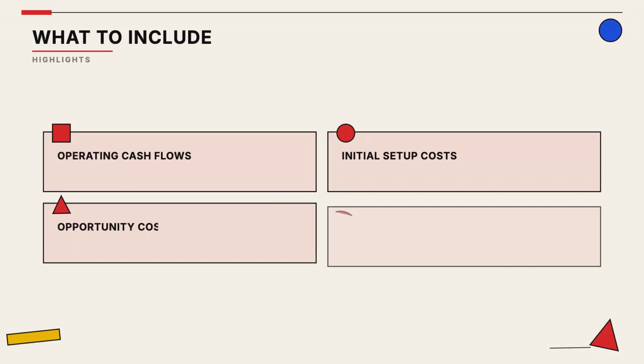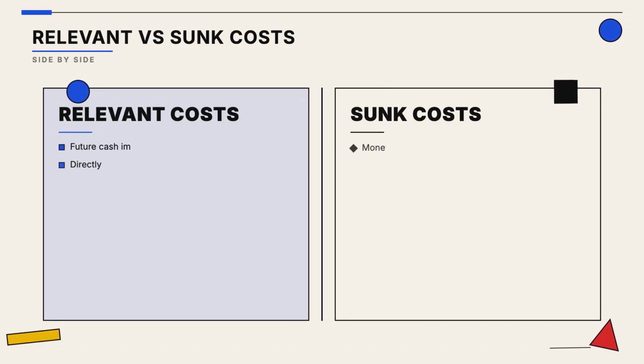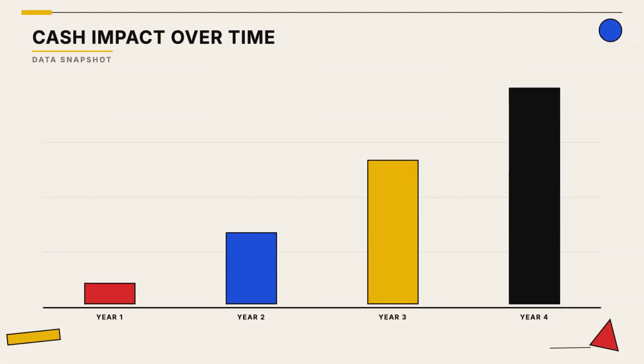Include all relevant cash movements, like initial equipment purchases, daily operating gains, and even lost opportunities from other potential projects. Always exclude sunk costs, which are expenses already paid that cannot be recovered regardless of whether you move forward with the project. Projects often start with a cash outflow to build or buy assets, followed by expected inflows as the